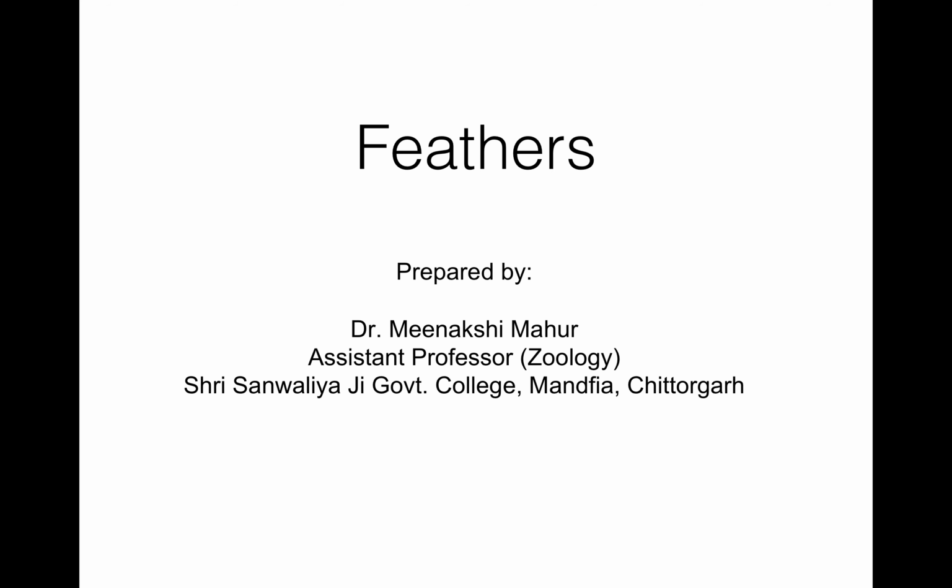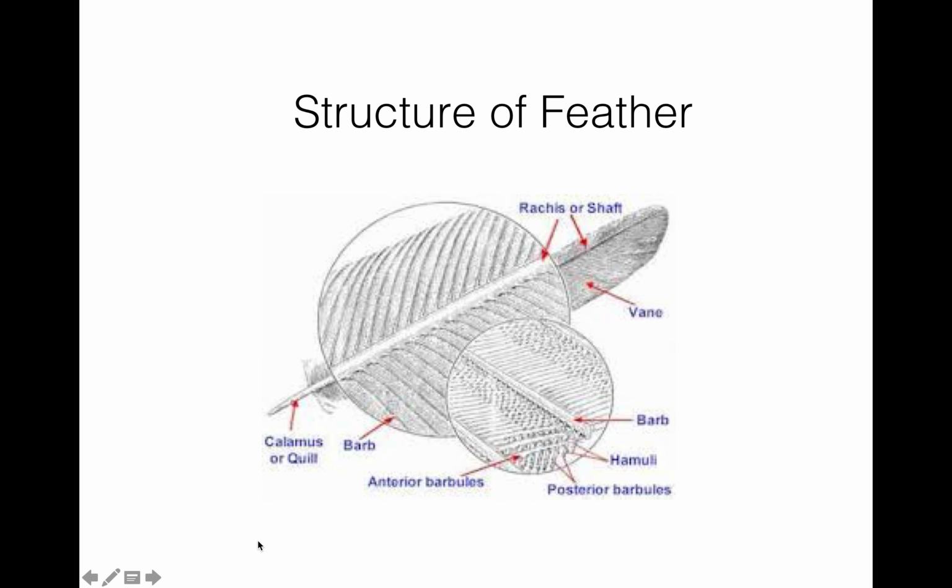Today my topic is feathers in birds. Feathers are the exoskeleton of a bird. The arrangement or distribution of feathers on the bird's body is known as pterylosis. In flightless birds like ratites, feathers are uniformly distributed over the body. But in carinates, feathers are arranged in distinct patches or tracts, which are called pterylae. They remain separated by featherless interspaces called apteria.